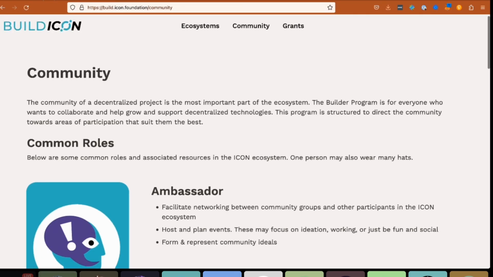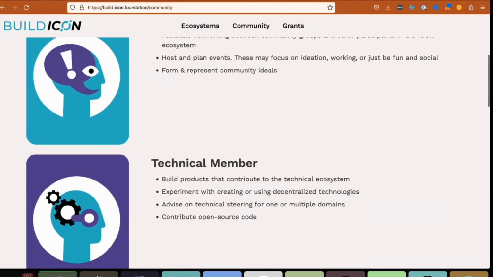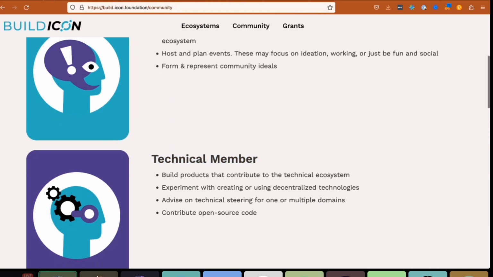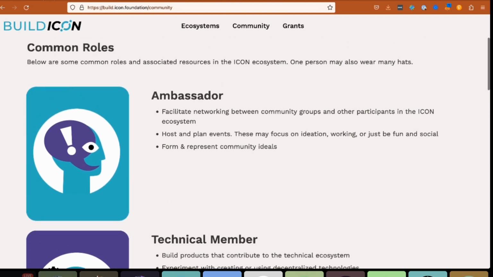Shout out, Robbie. But the community can basically be thought of as a collection of motivated individuals that are engaging with this specific ecosystem in either predefined or their own unique ways.